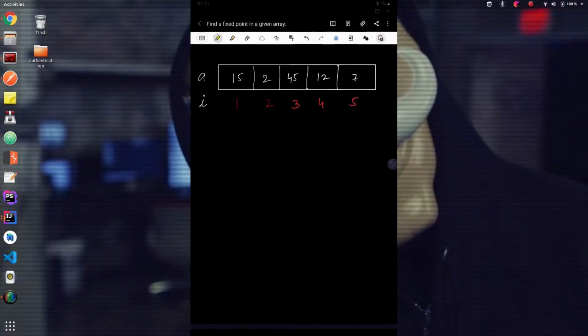So let's try to understand the meaning of a fixed point. If you look at this second element of this array, you will notice that the value of the element is the same as its index, and this is what a fixed point is. So a fixed point is an index I such that I is equal to a of I,